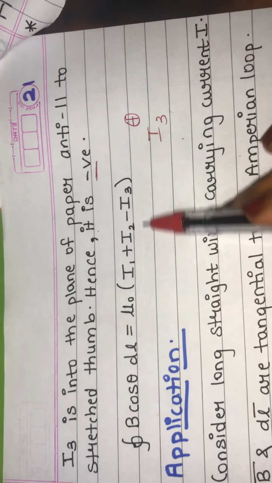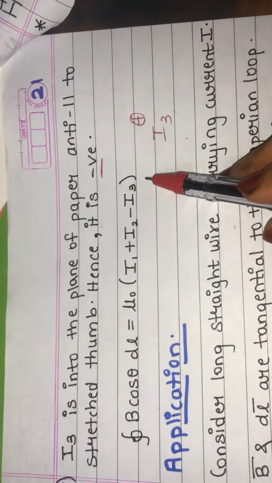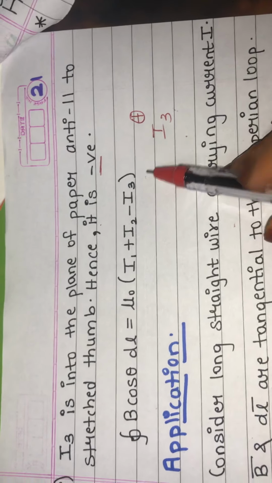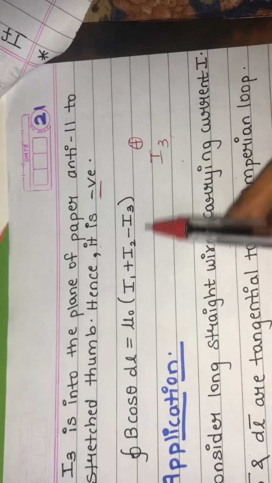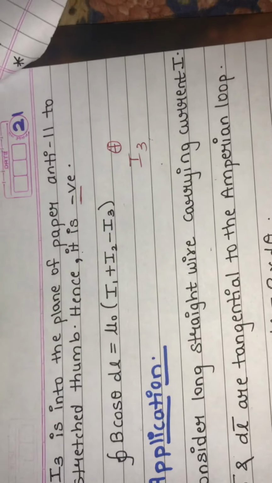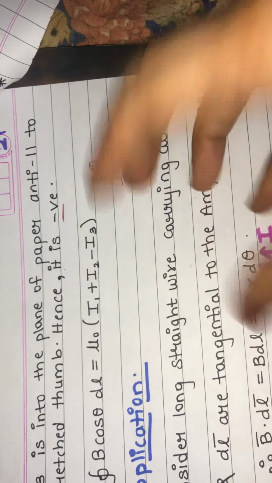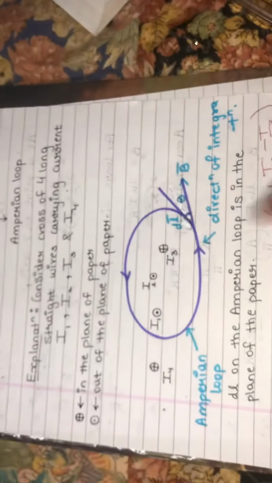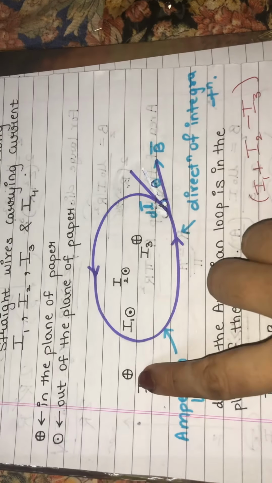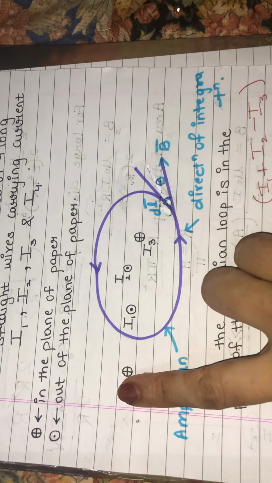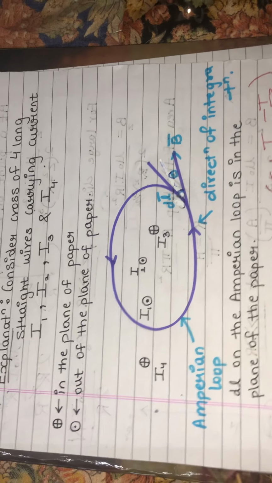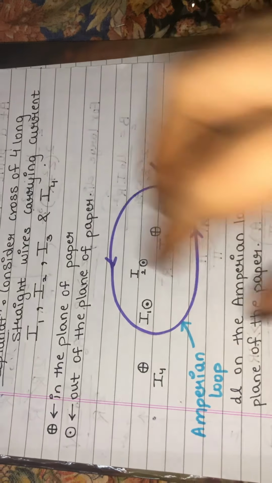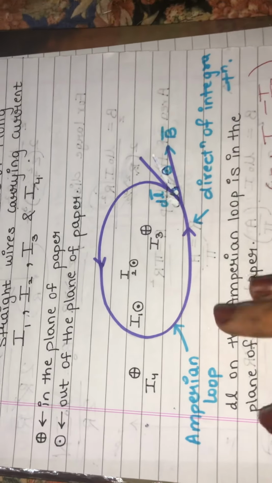See, I have written. This is how my Ampere's loop and Ampere law helps us to find out the direction of the current and also to study some particular things. Here we have studied just about 3 currents, not about the 4th one because it was outside the loop. So this is how my Amperian loop helps us to find out things inside the loop or on the loop. It means we'll confine ourselves to the loop.